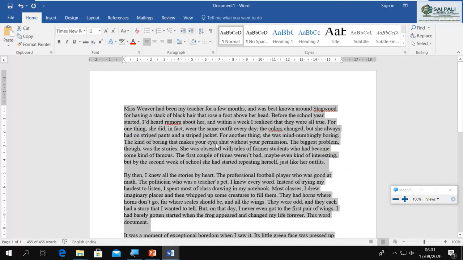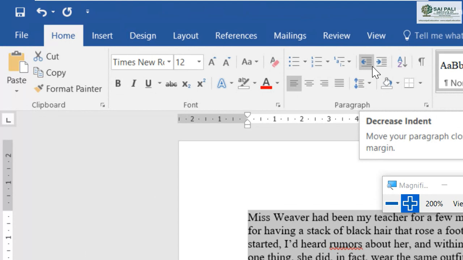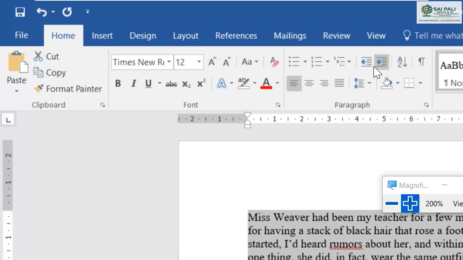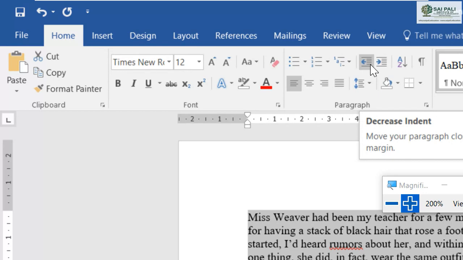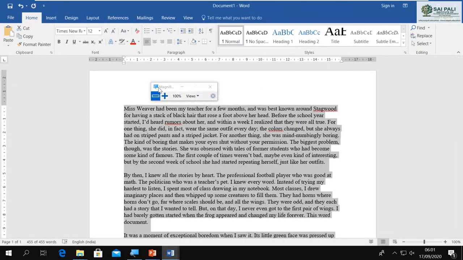So I selected the whole text, and in the Home tab in the Paragraph group I have these two commands, Decrease Indent and Increase Indent. Increase, you can see the arrow. Increase means it goes to the right side, and decrease means it goes to the left side. Right now it is already on the left side.